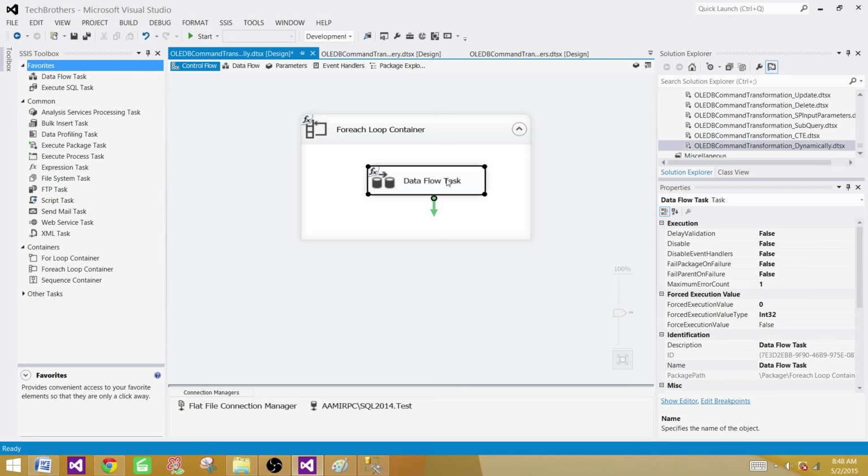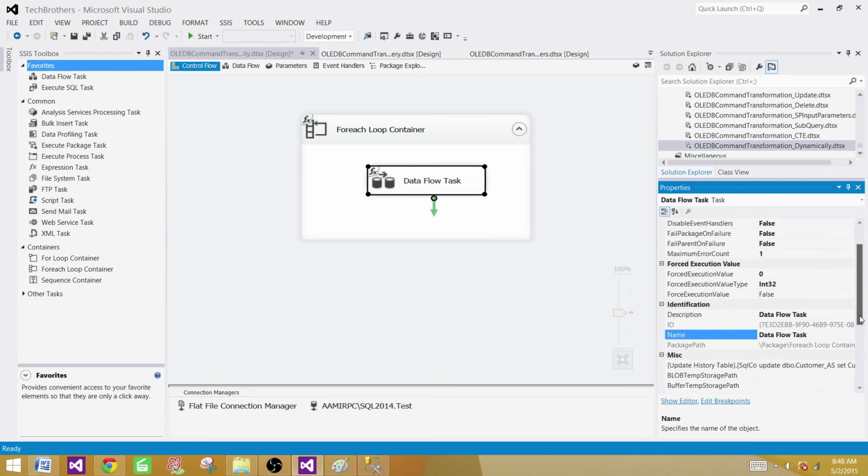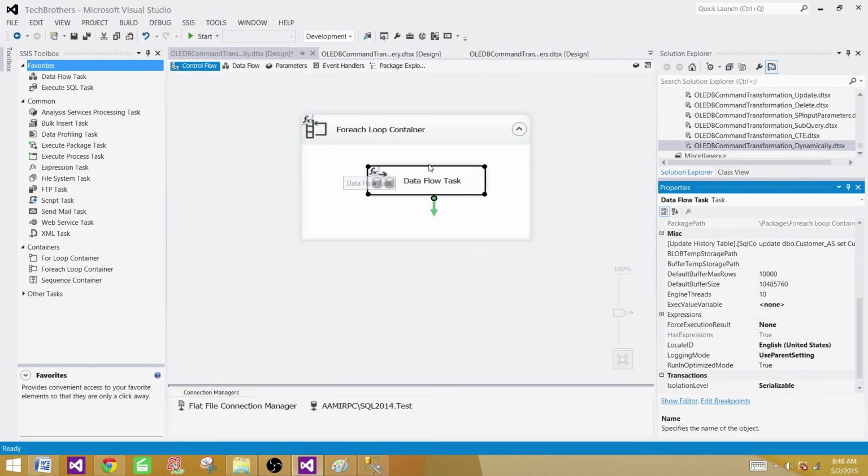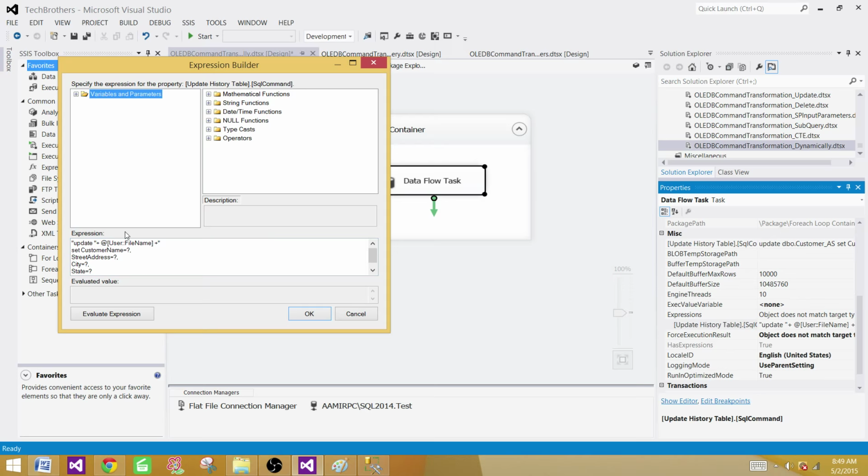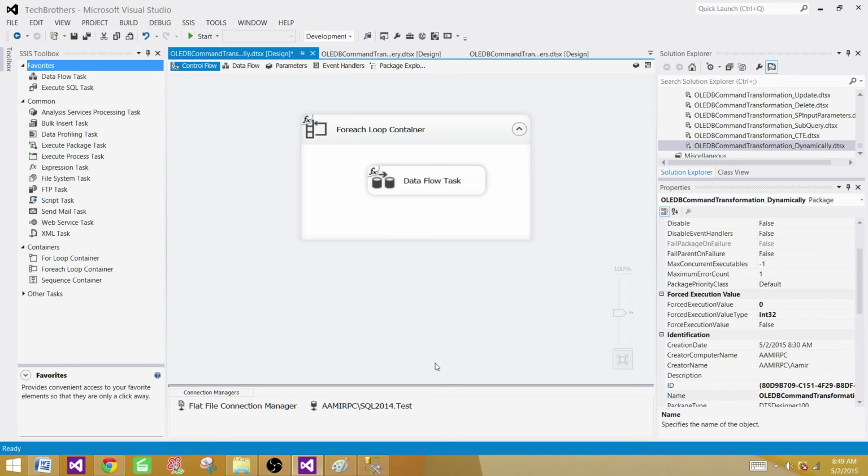So you can take a look again one more time just to tell you, you have to come on the data flow level and then go to expressions to change the query in the OLE DB command transformation that you have used in that data flow. So that's how you will write it. Hit OK. Now the last part